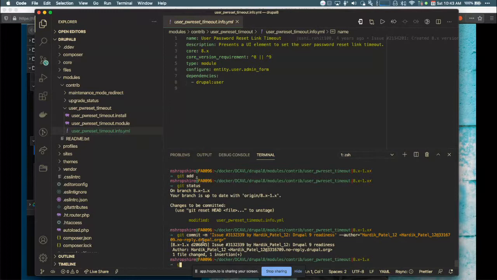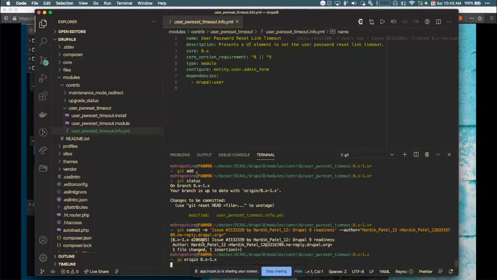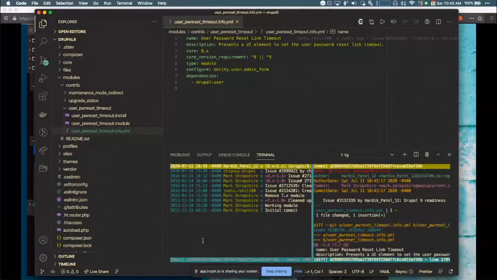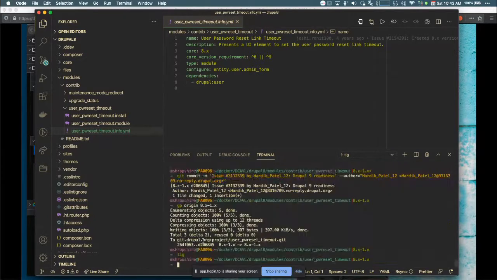And I'm going to push this up. And we now have a change. And I'm using tig. It's a git command, so we can visualize what's changed, but we can see that commit happened.